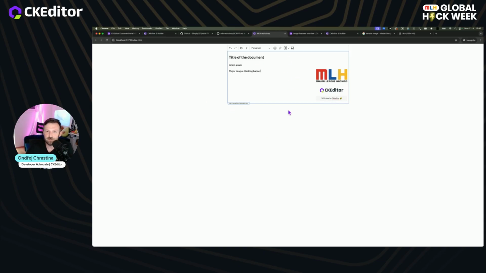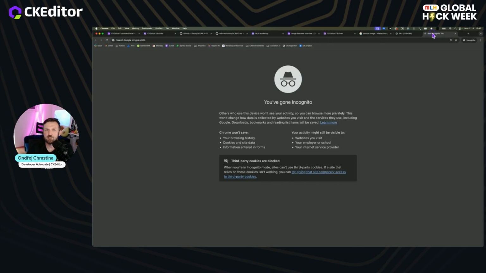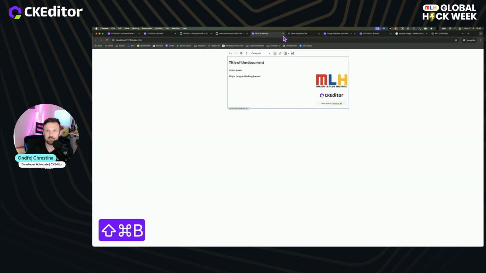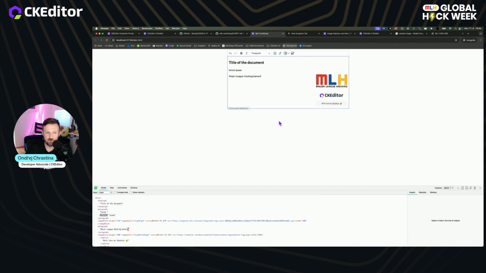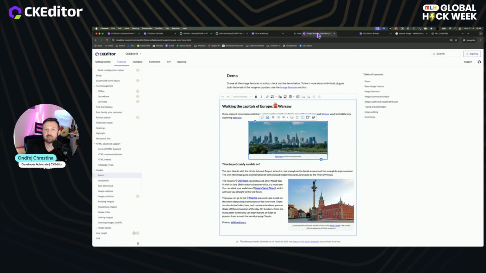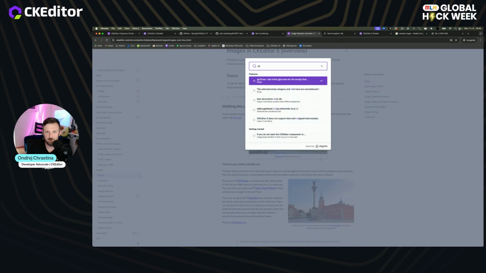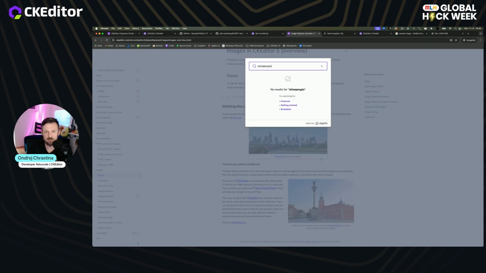The easiest way is just to create something in the CKEditor and then use the get data. Last time I showed how it's possible to create this CKEditor Inspector bookmarklet. So if you open it up, you get this nice great dev tool. If you didn't see the previous workshop, you can just go to CKEditor Inspector,